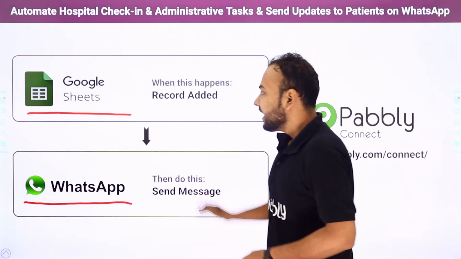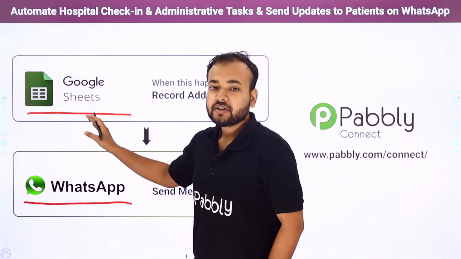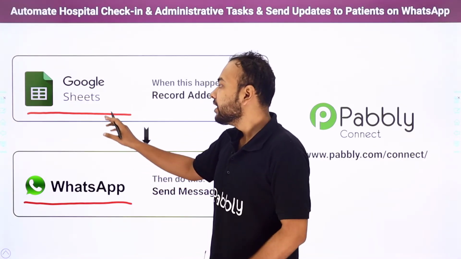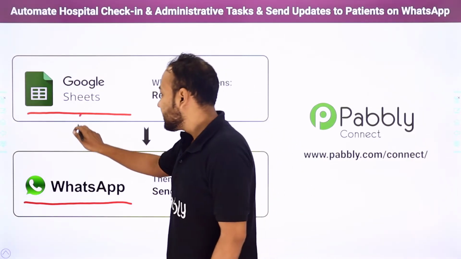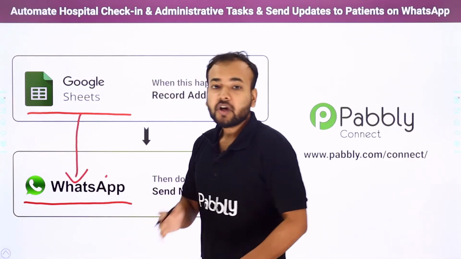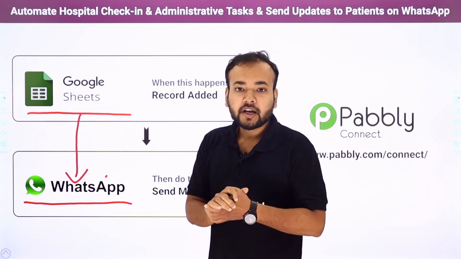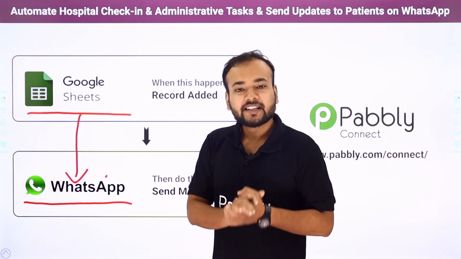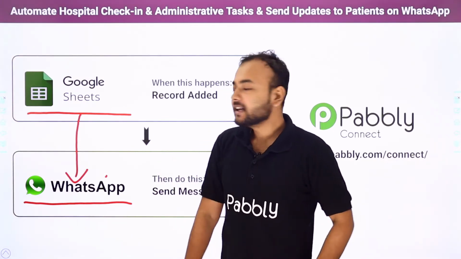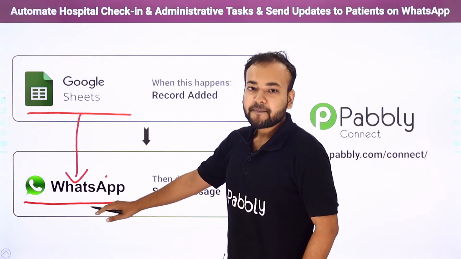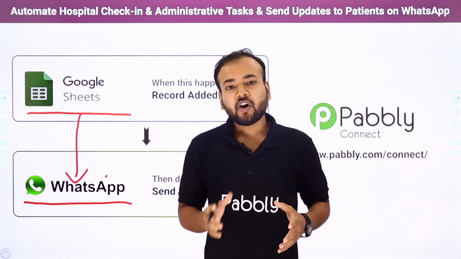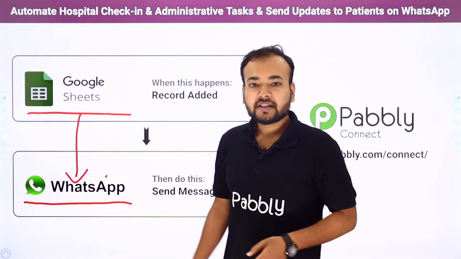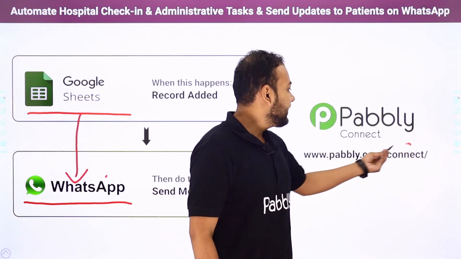What if I tell you that as and when you fill the record of the patient in a Google Sheet, and you enter the ward number and bed number details, a WhatsApp message gets automatically delivered to the attendee of the patient informing him or her that his patient is shifted to such and such ward and allotted this bed number. Yes guys, this can happen, and this can be done by connecting Google Sheets and WhatsApp. But the issue is there is no direct connection or integration present between Google Sheets and WhatsApp. So to connect these two applications, I am using a software called Pabbly Connect.